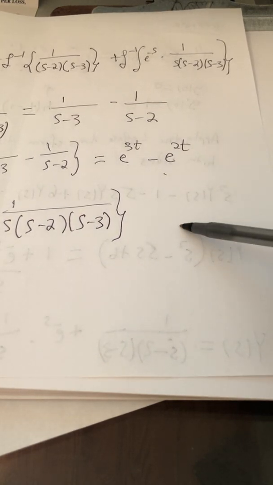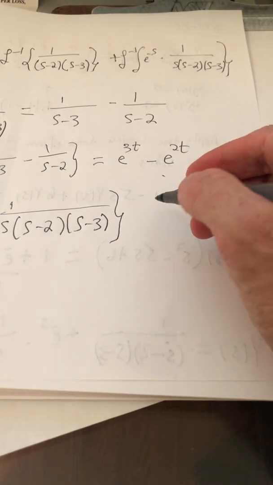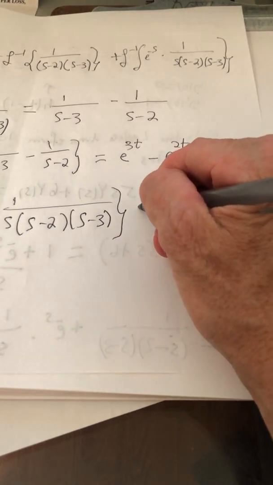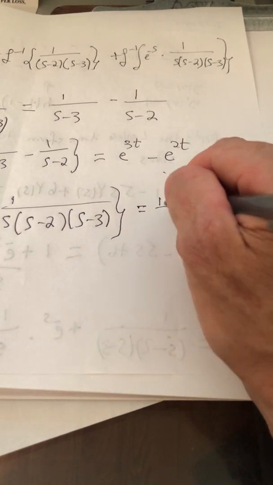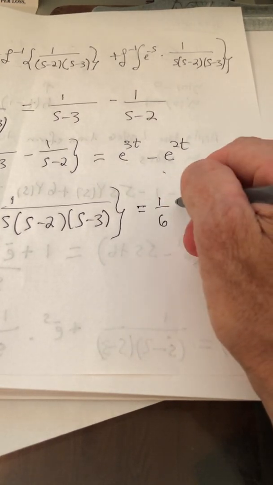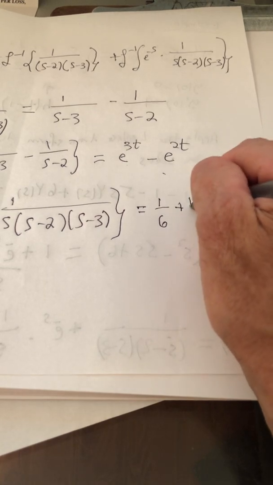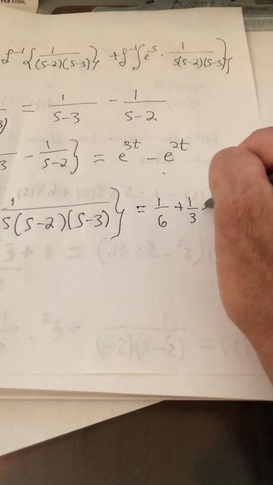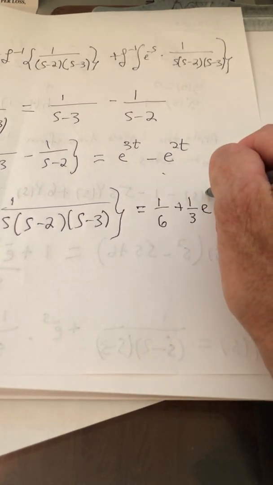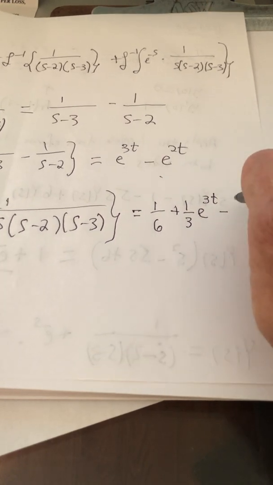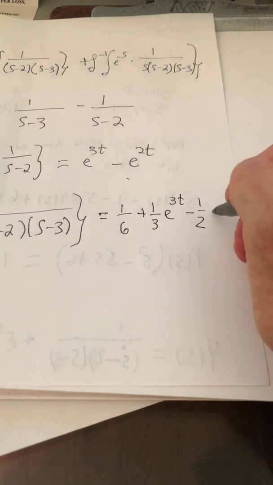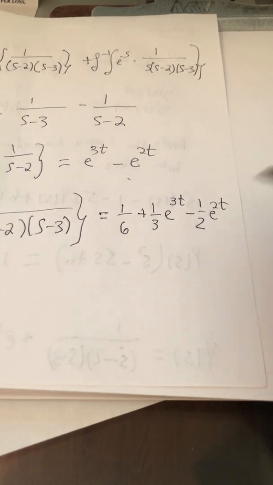So this part ends up being equal to 1/6 plus 1/3 e to the 3t minus 1/2 e to the 2t,